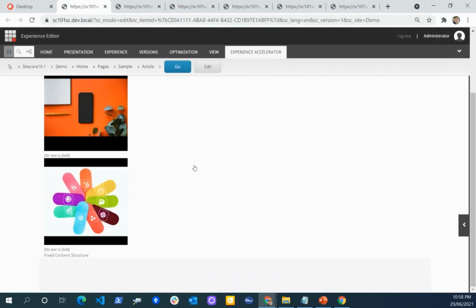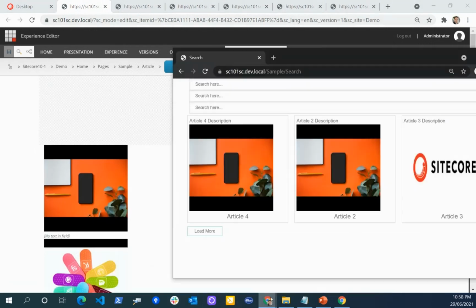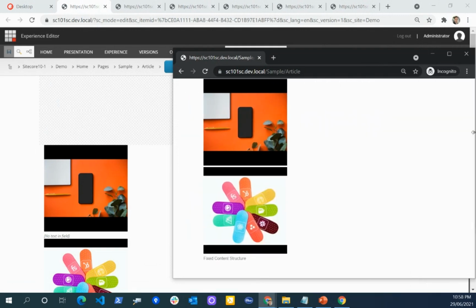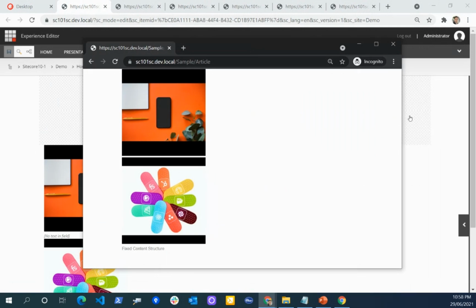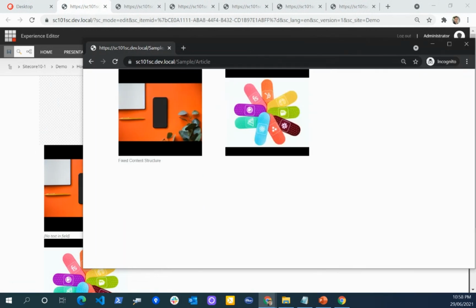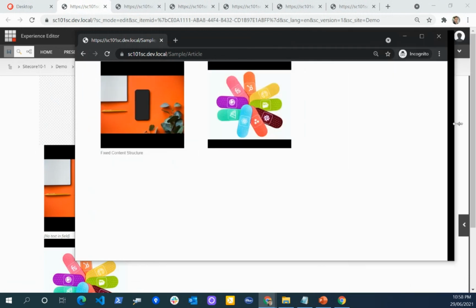If I go to my page, I can see I got this in the 4 row, and when I change the viewpoint, it will change based on the screen size. That's the benefit. It's recommended that we shouldn't fix or hard code the styling. We can easily get the benefit of these configurations.